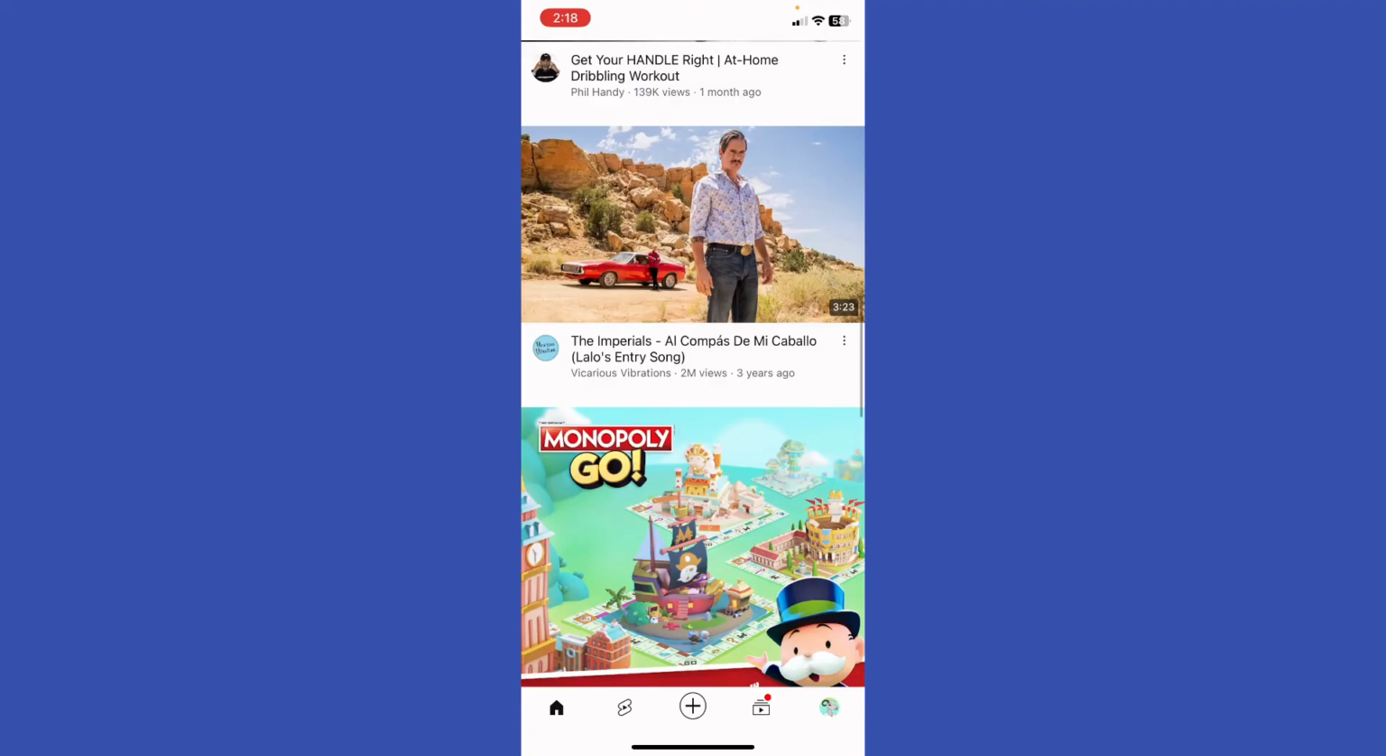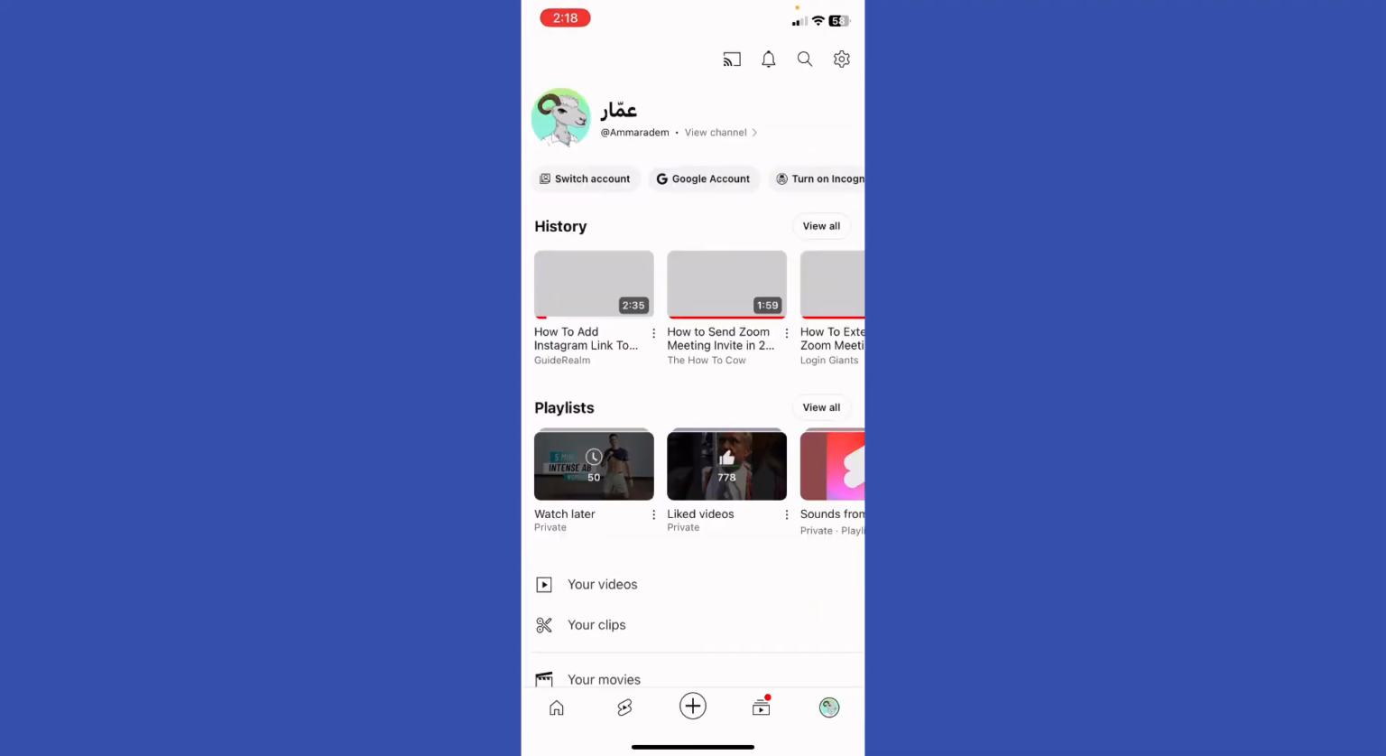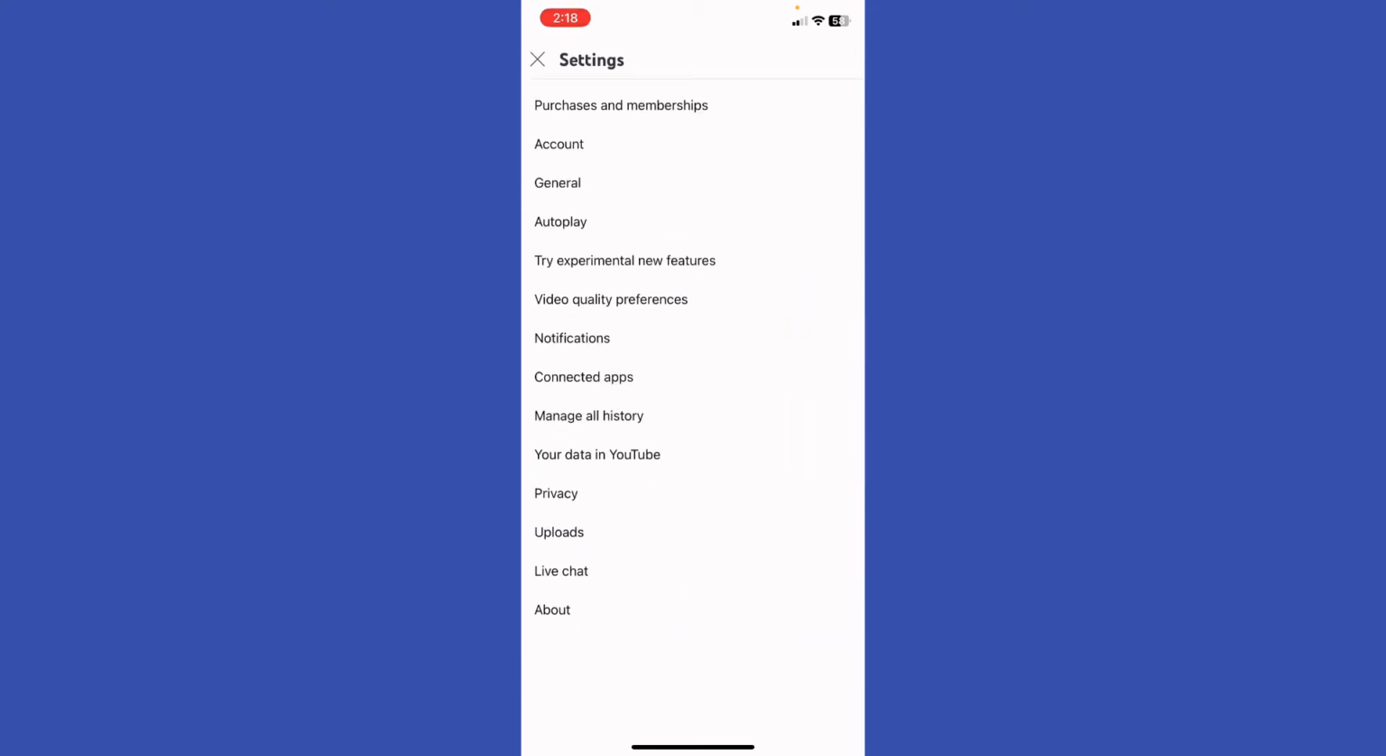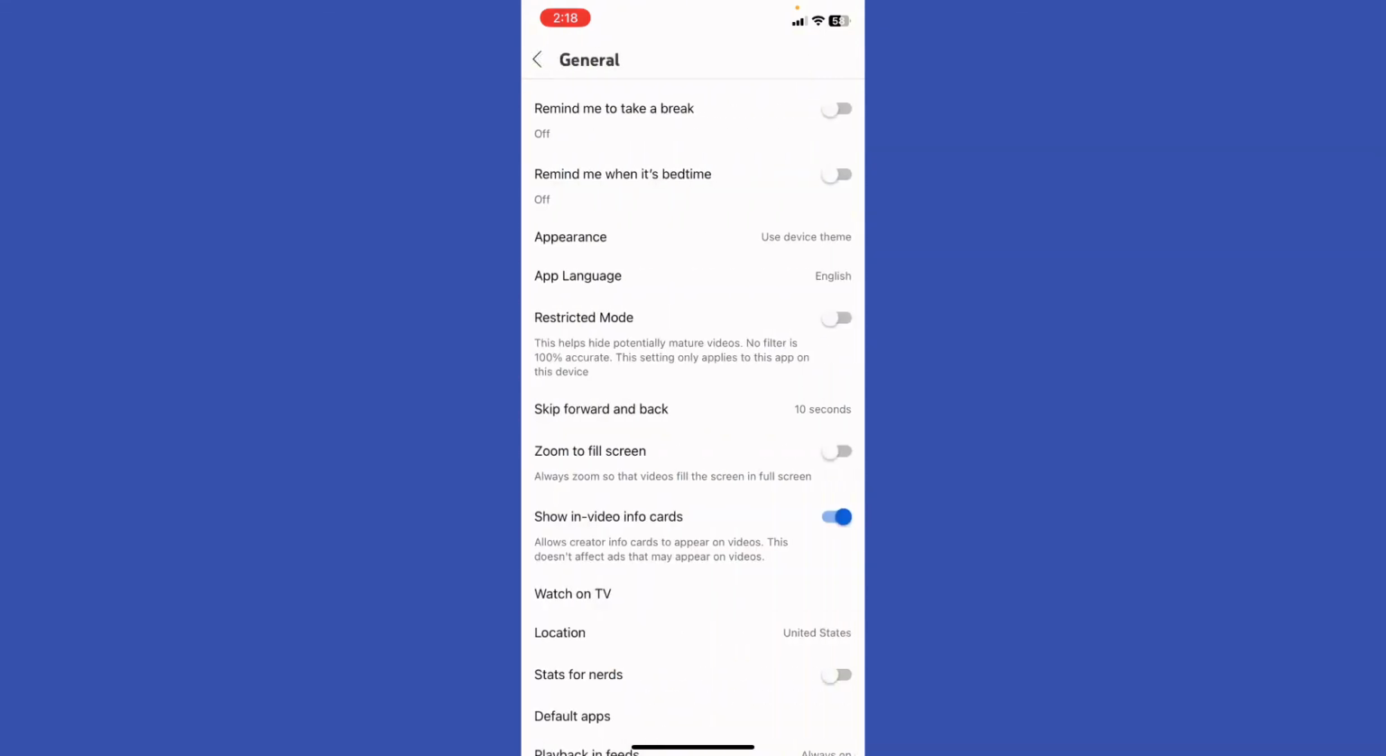So what you're going to do is first of all go ahead and click on your profile icon in the bottom right corner and click the settings at the top right. You're going to find it, and basically you're going to see multiple options. Just go into the general. In the general, you're going to see multiple tools, and you're going to see restricted mode, and this helps hide potentially